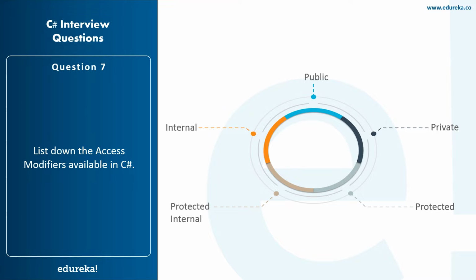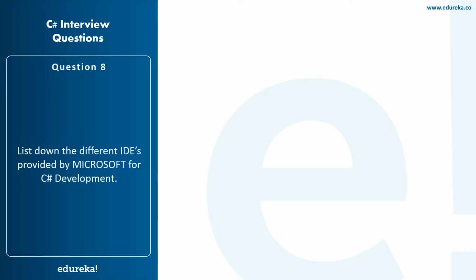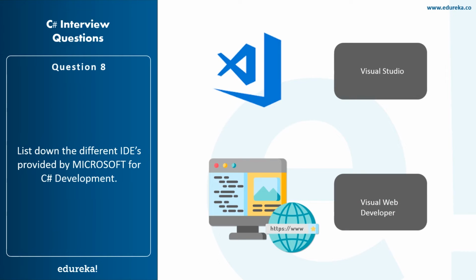Moving ahead in C Sharp interview questions, let's unfold some functionalities used in C Sharp. So my next question is, list down the different IDEs provided by Microsoft for C Sharp development. This is also one of my favorite questions because if you talk about Python, there are a lot of IDEs for Python. If you talk about Java, there are a lot of IDEs for Java. But C Sharp supports a wide variety of IDEs, starting from Visual Studio Express. Then, as you can see in my slide, there's Visual Studio Code, which is very general. Then there's Visual Studio, or I can say Visual Web Developer. There are also two more: one of them is MonoDevelop, and the other is Roxy, which was also developed by Microsoft.